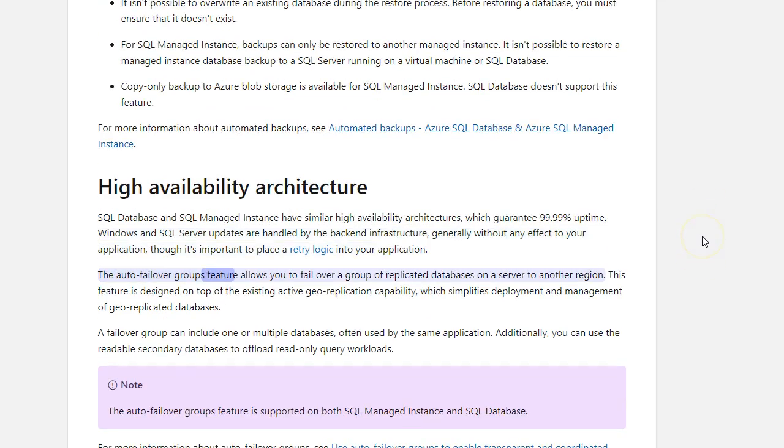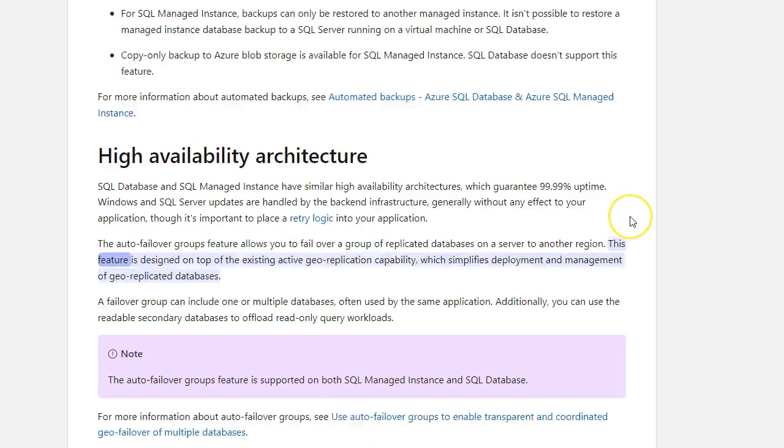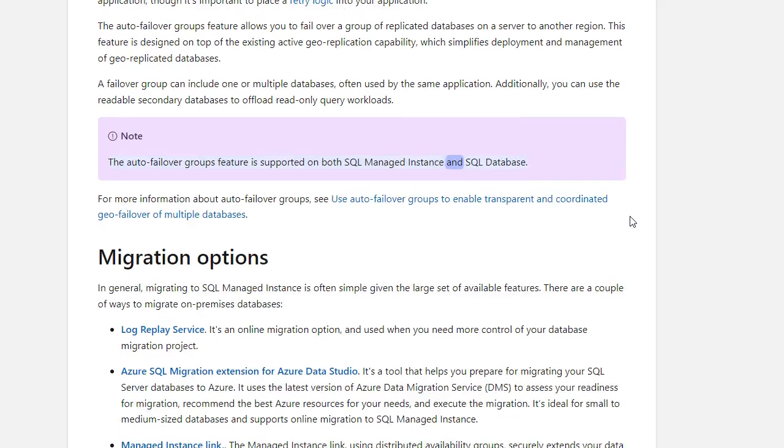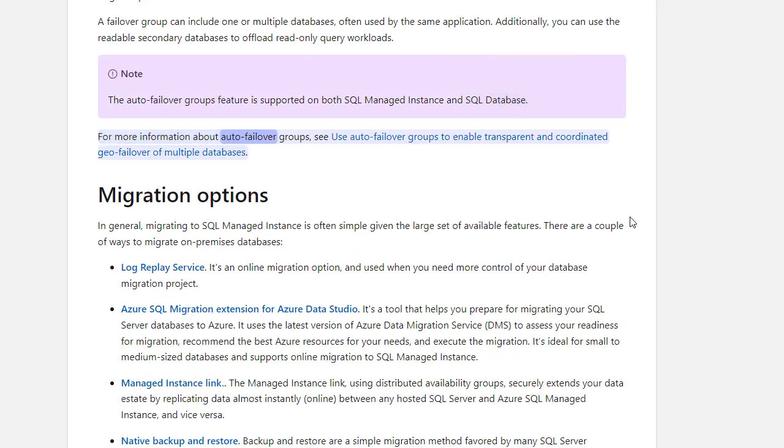The Auto Failover Groups feature allows you to fail over a group of replicated databases on a server to another region. This feature is designed on top of the existing active geo-replication capability, which simplifies deployment and management of geo-replicated databases. A failover group can include one or multiple databases, often used by the same application. Additionally, you can use the readable secondary databases to offload read-only query workloads. Note: the Auto Failover Groups feature is supported on both SQL Managed Instance and SQL Database. For more information about Auto Failover Groups, see Use Auto Failover Groups to enable transparent and coordinated geo-failover of multiple